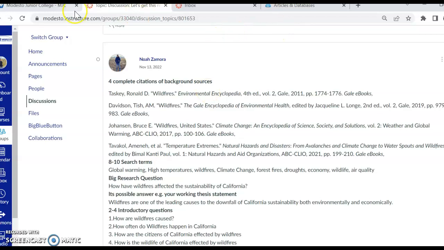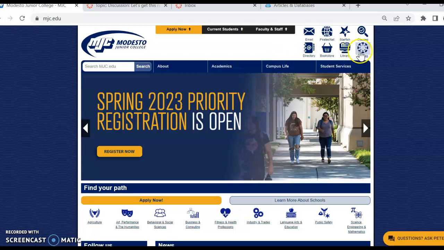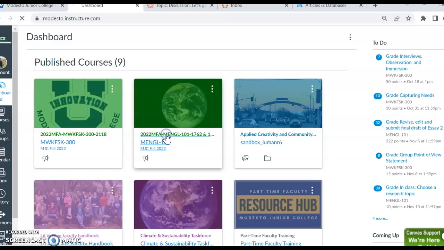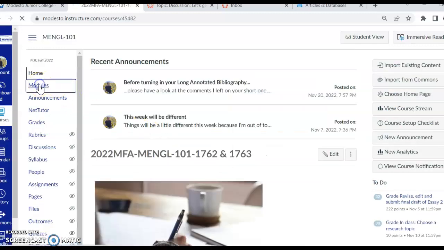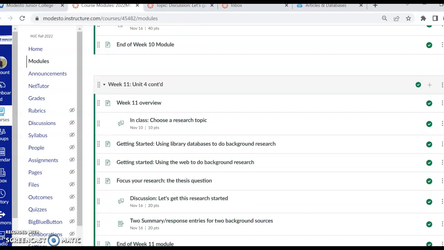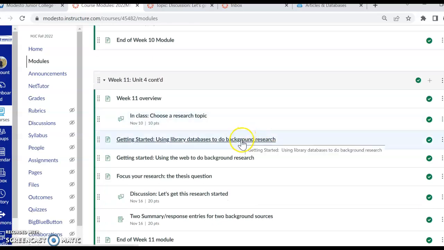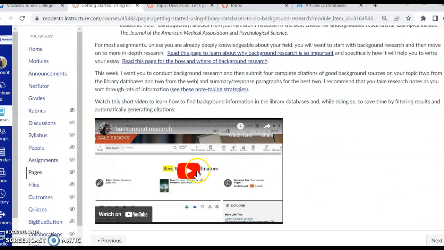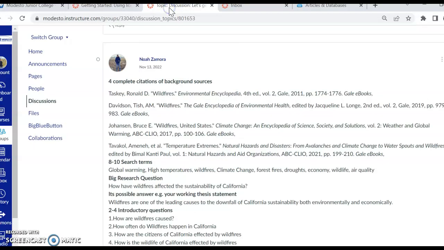I have an instructional video that is actually, I think, pretty useful. I'm just opening another tab so that I can have two Canvas tabs open. Let's see, where is my instructional video? It's going to be in here. So this video will show you how to do a simple search in those background databases. You need to just use simple terms like